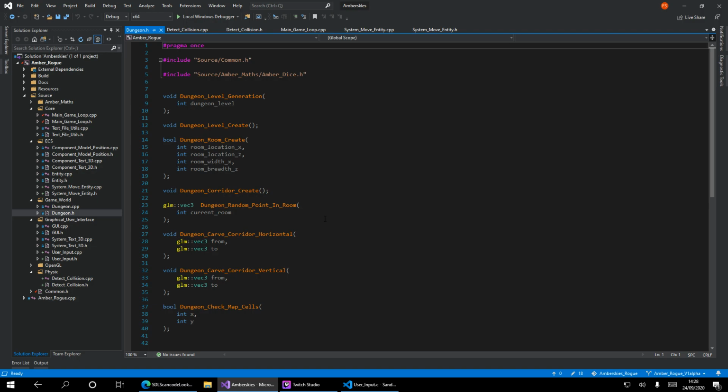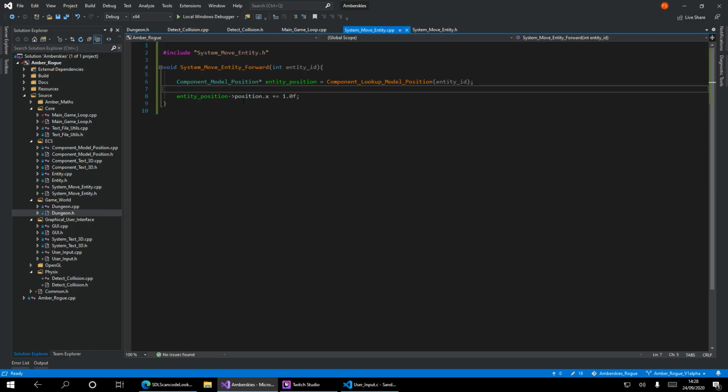Dungeon check map cell int x y. So what we're looking to do, before we move an entity, is to check that we are allowed to do whatever we're about to do. So what we would like now to do is detect